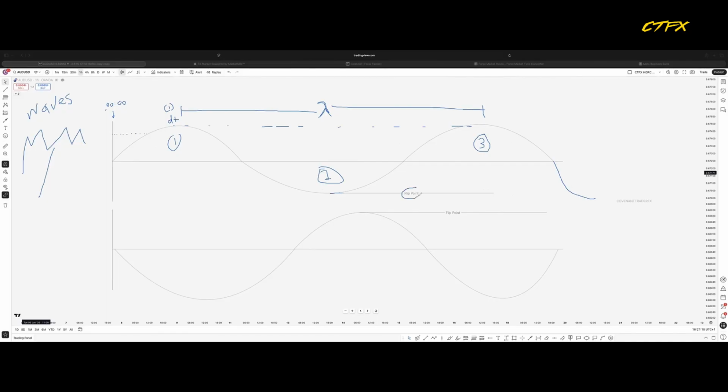You can see I put flip point there. So that's where the participants, the dominating participant of the market, switch to sellers. Are you with me? The same with this case. In this case now, sellers started the cycle. This is the first cycle of sellers. That's 1. This is the second cycle. That's 2. This is the third cycle. That's 3. Do you get?